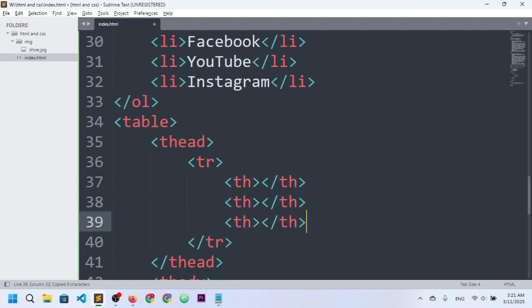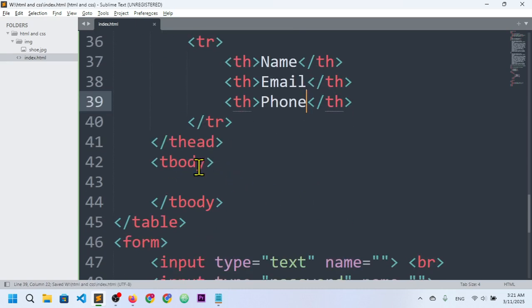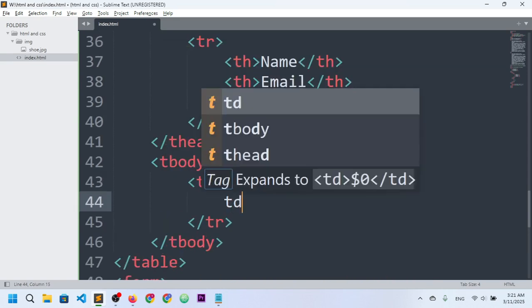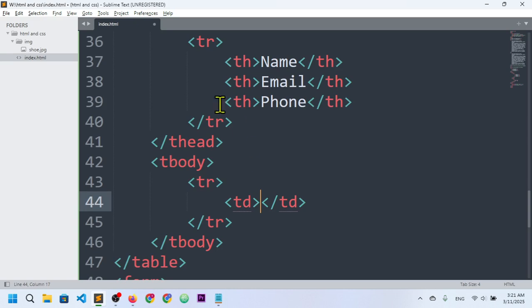I will say here name, let's say email, and what, let's say phone number. And here you just have to give row tr and then td. So what is the difference between td and th? So td and th basically work the same, but the one thing is th displays something as bold, a little bold. Okay, so let's say I want to save here data